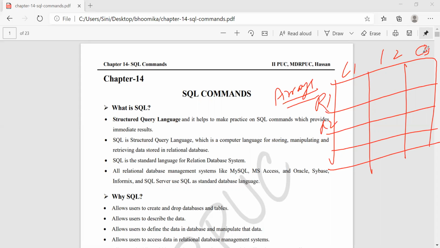Whatever we enter, we have to store somewhere, right? For that, we use a database to store. Then how do we know what is stored where? For database management, we use SQL.